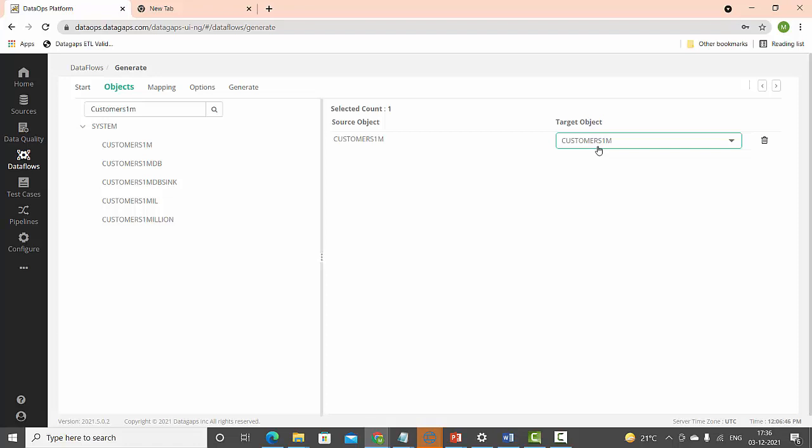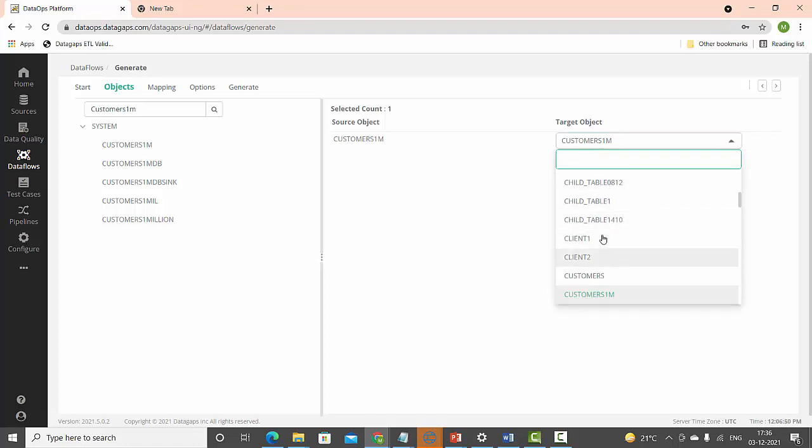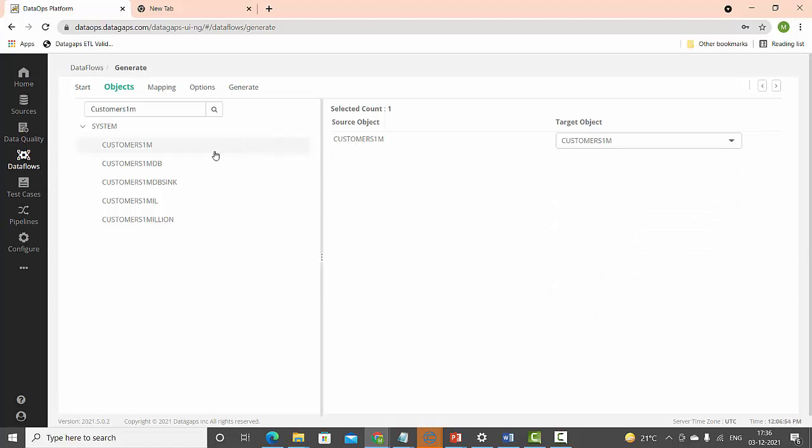If there is a deviation, you can always change this table name as well. So I'm trying to validate the data between customers 1M from SAP HANA and the customers 1M table in Snowflake. The same way I'll do the same thing for the sample store.